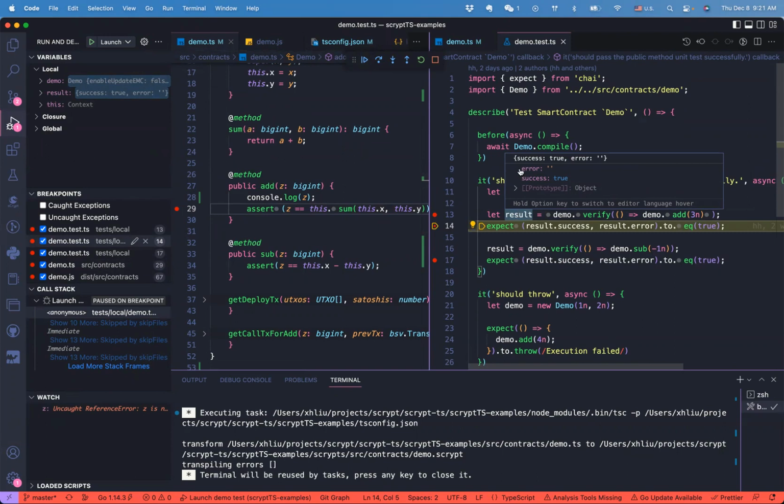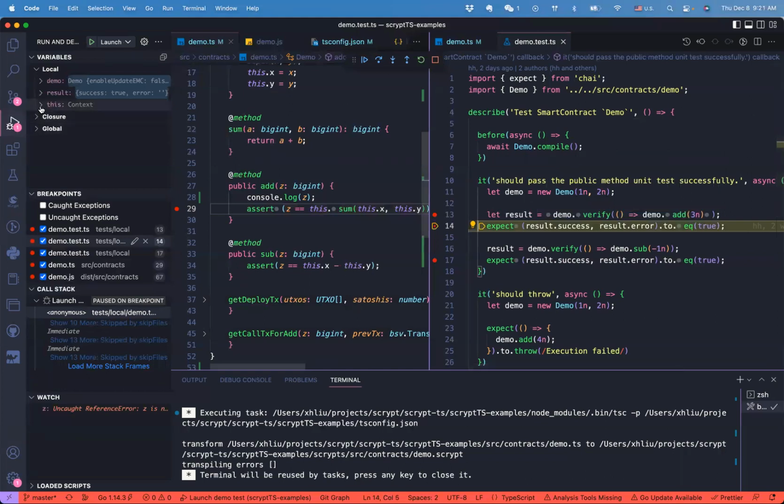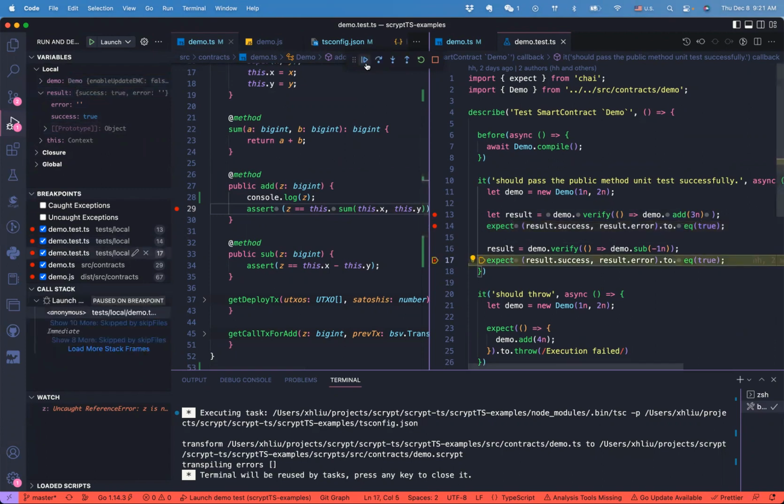You can hover over. You can see all the values. Result is a struct. It has two fields: a success field, whether the test is good or not, and then if not, its error message. You can watch it here, or you can come over here. You can also expand it and look at it here, right? So again, you can keep going too if you want, and